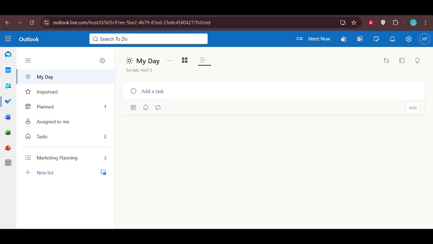Over time, this simple drag and drop method helps you turn your to-do list into a realistic, time-based plan for your day. That's all you need to do to sync Microsoft To Do with your Outlook calendar. Open your calendar, bring up the My Day sidebar, switch to the To Do tab, and drag tasks onto the time slots where you want to